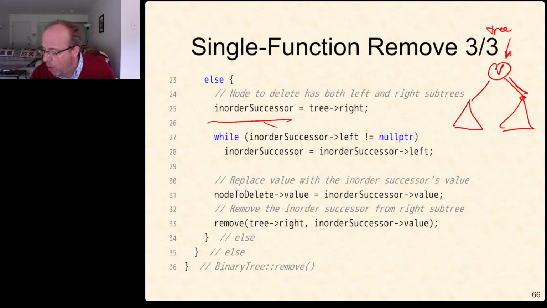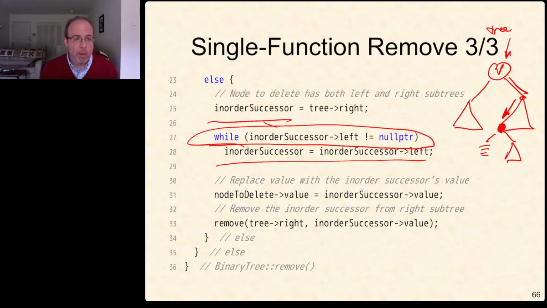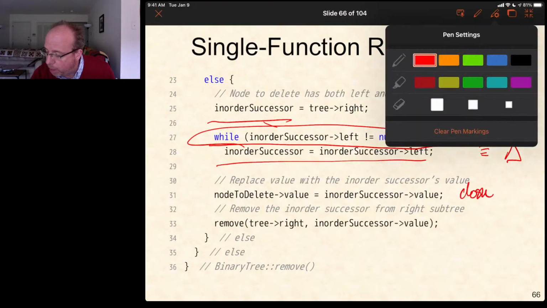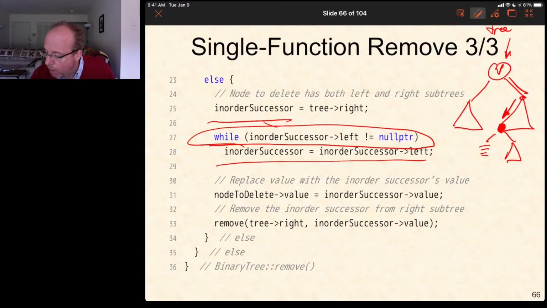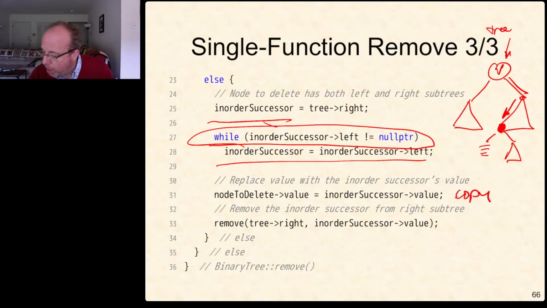And then we're going to go left as far as we can, which is what this line is saying. While there is a left child, we're going to descend to the left. And we're going to go until we hit something that doesn't have a left-hand pointer anymore, but it might have a right-hand pointer, and we'll come back to that in a sec. Okay. We copy this value into V,